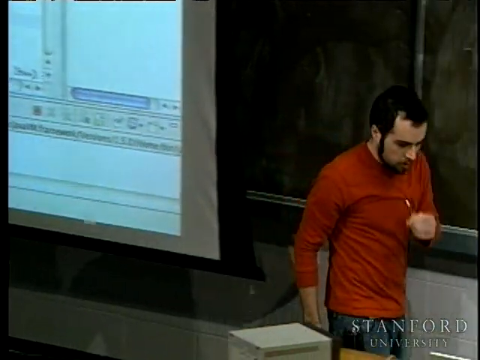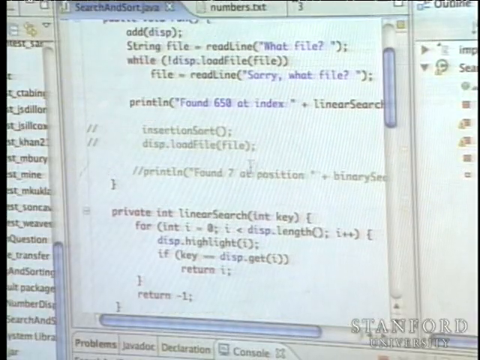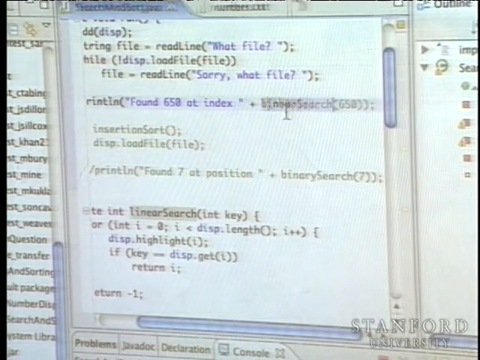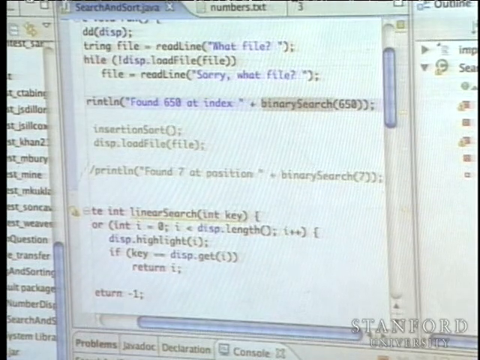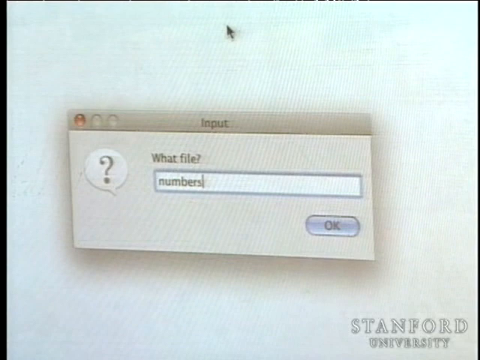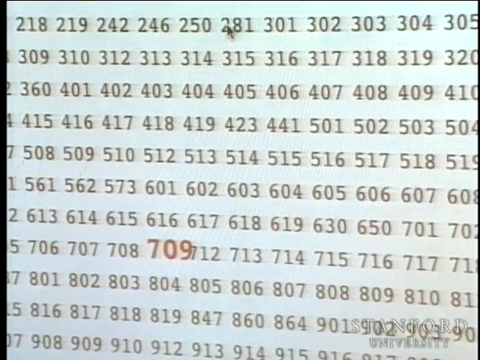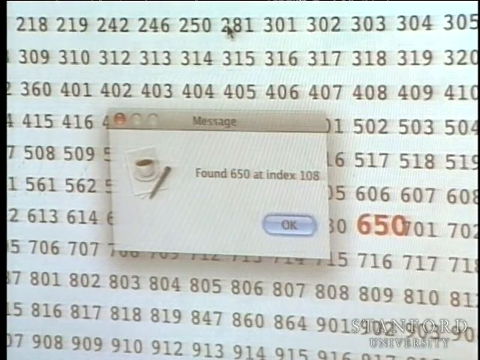Okay? So what will the search look like if we use binary search now? I'll just change this name. All right, that was quick.